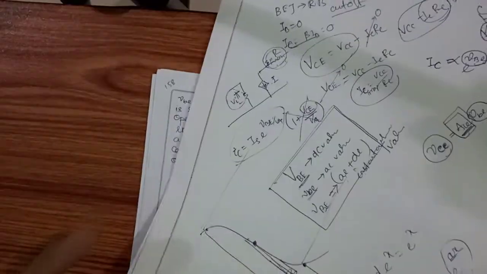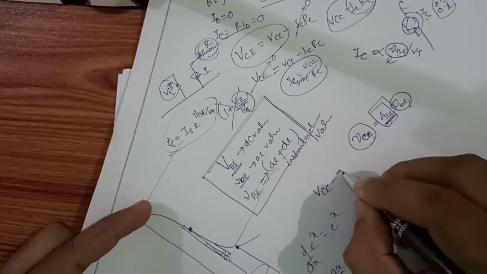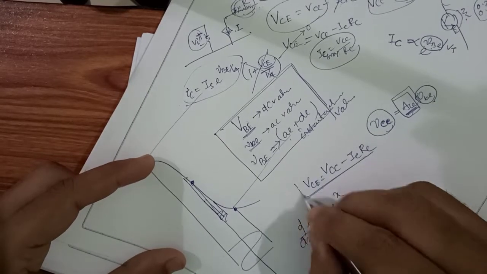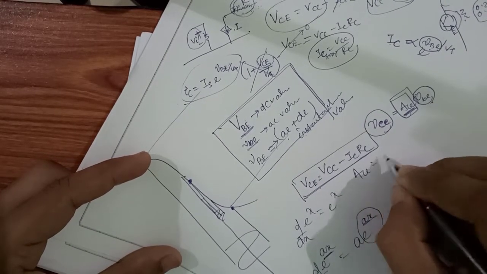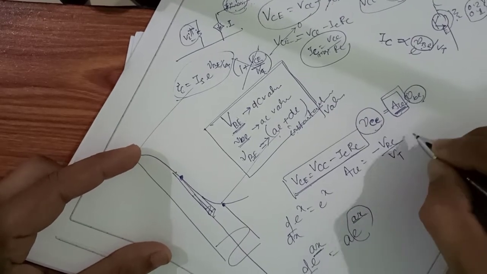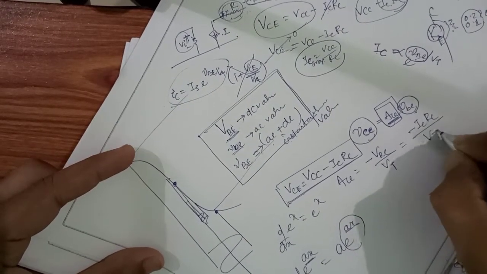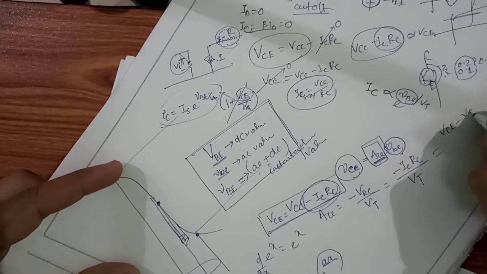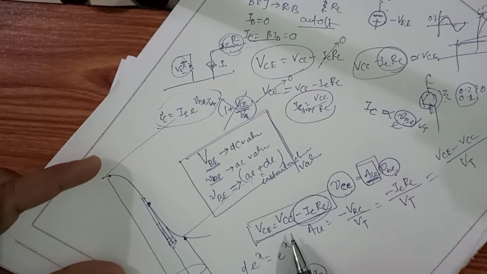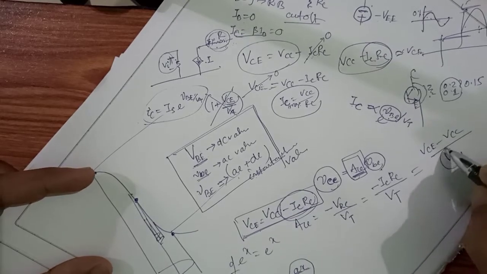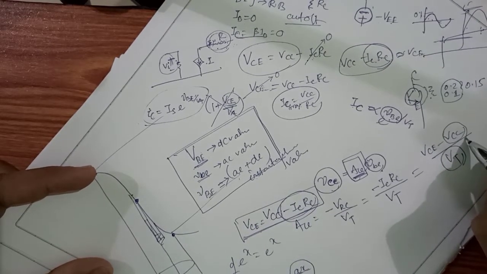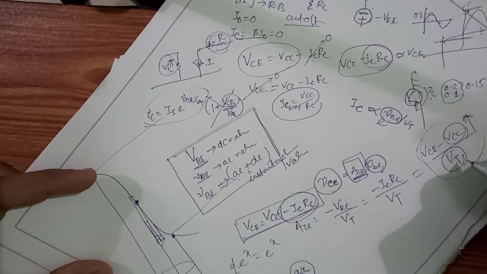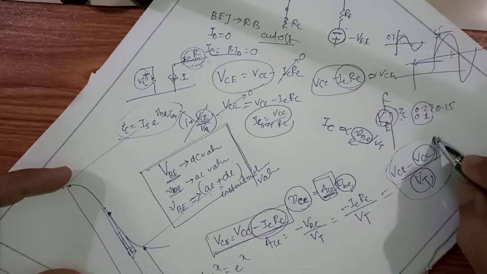Now what it is saying: we know V_CC minus I_C R_C is equal to V_CE. This is the equation, and along with this equation, we know A_B is nothing but minus V_RC upon V_T, and minus I_C R_C upon V_T is nothing but, from here you tell me, V_CE minus V_CC upon V_T. Here the V_T value is fixed, the V_CC value is fixed. So how can this whole term be increased? If the numerator increases, I can't change my denominator. So how can I increase my numerator?